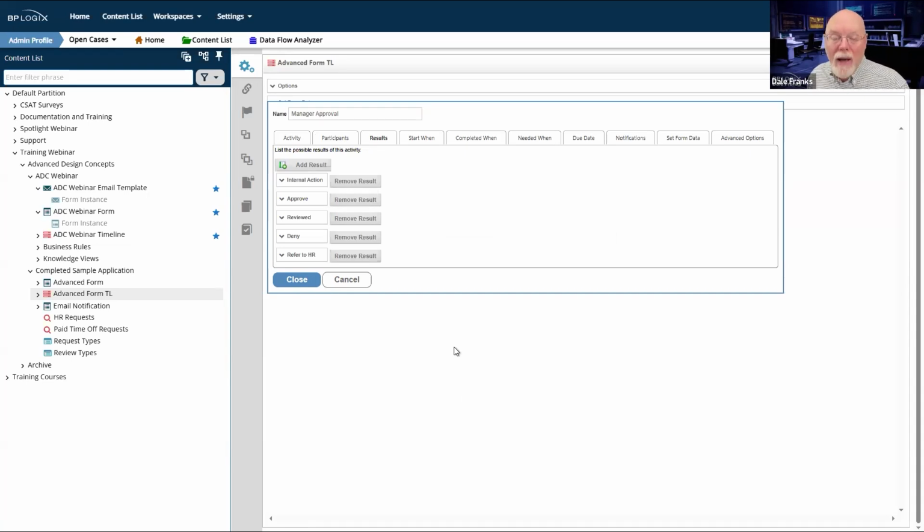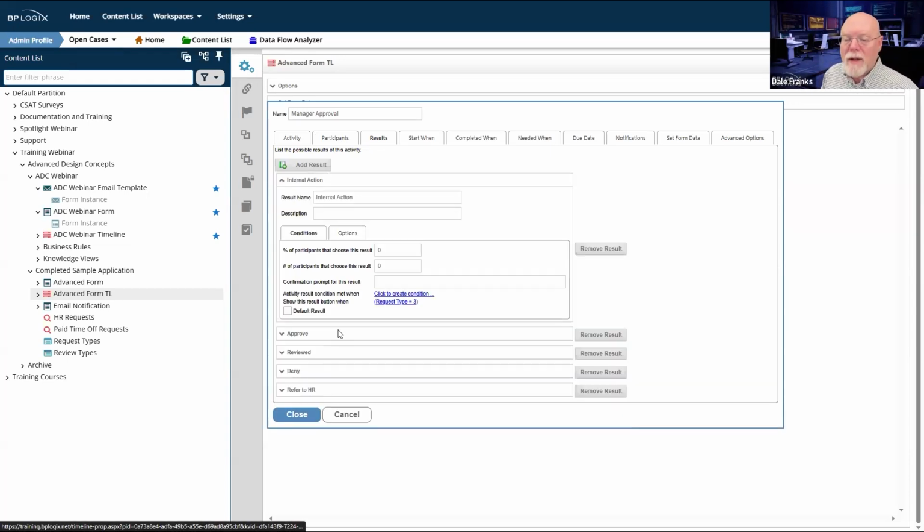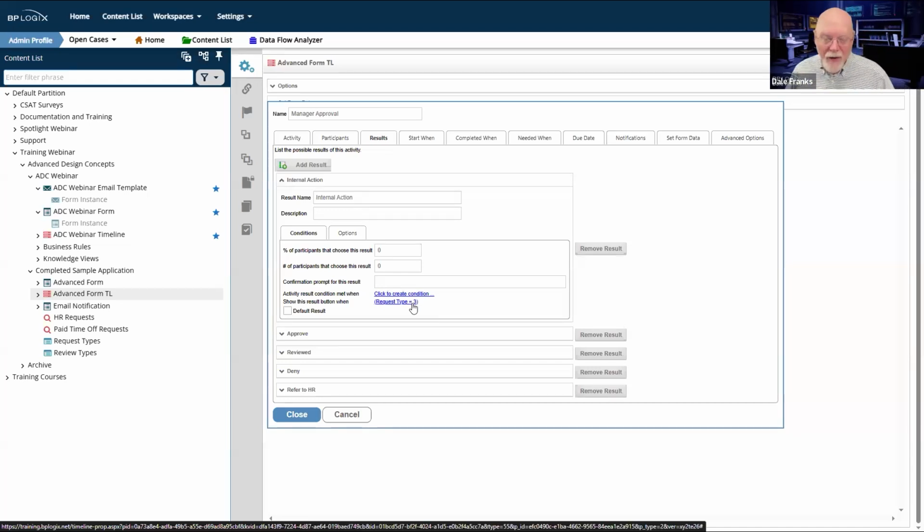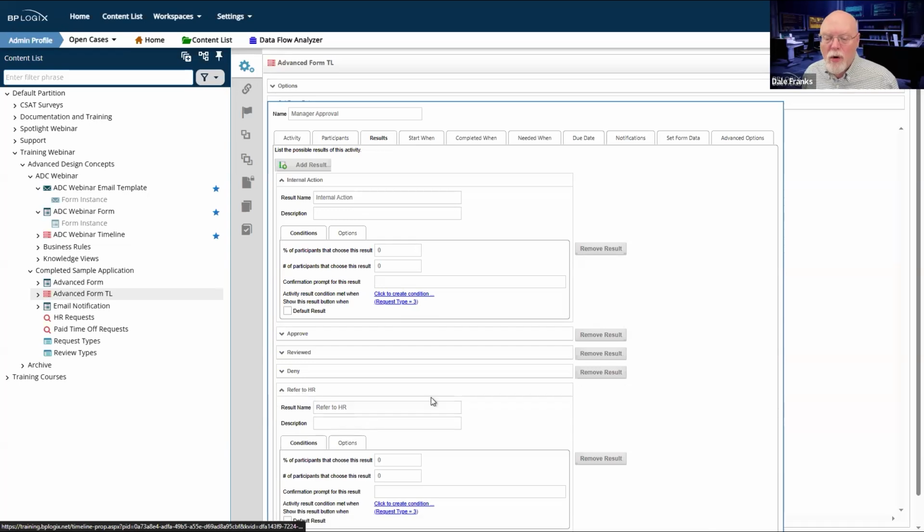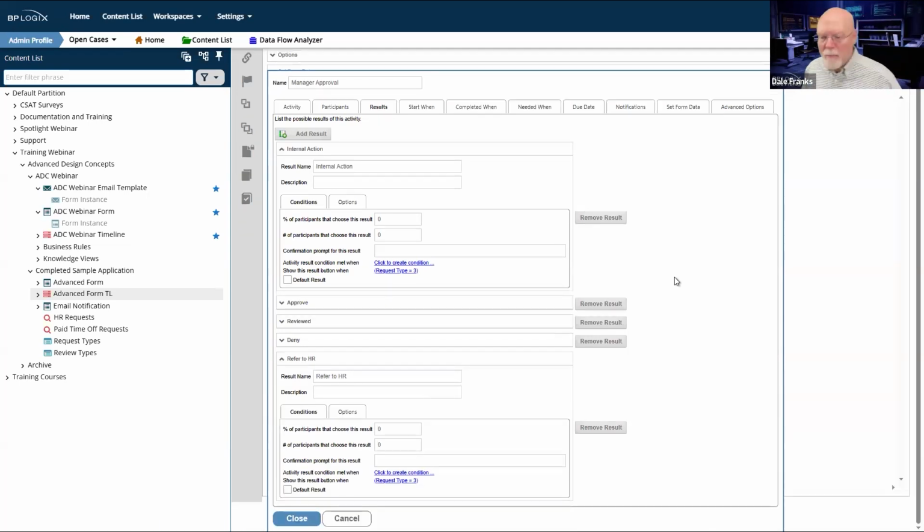And for the complaint request type specifically. For the request type for a complaint, which in this particular application, 3 is the value of my request type for a complaint. So I've got a complaint, and when I have a complaint, I've actually got 2 results that my department head or my department manager can select. They can select internal action to resolve the complaint internally within their department. And then they have a refer to HR action, which means, well, this is not really a complaint that I can handle in my department.